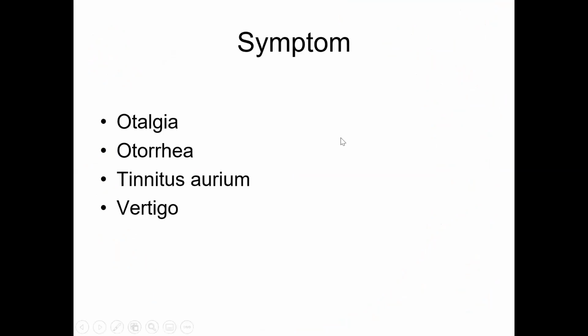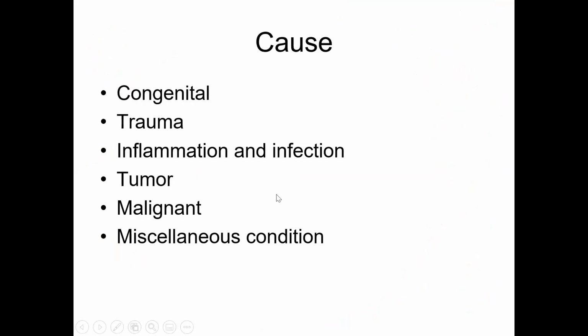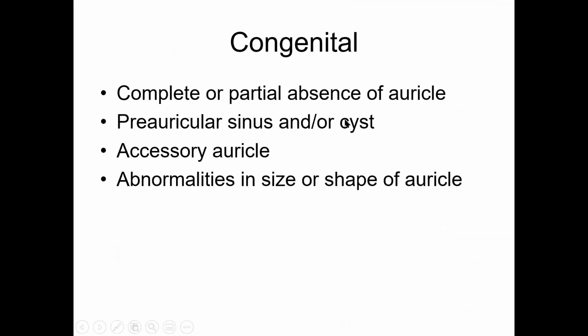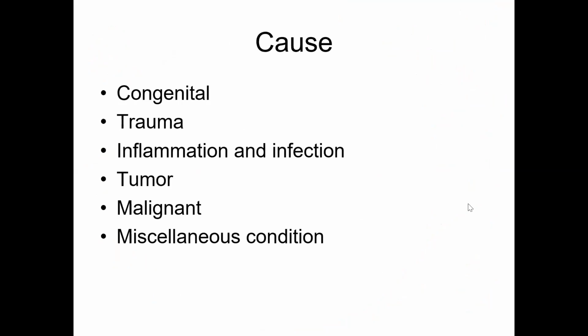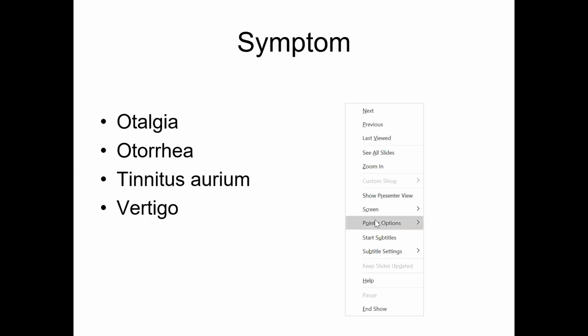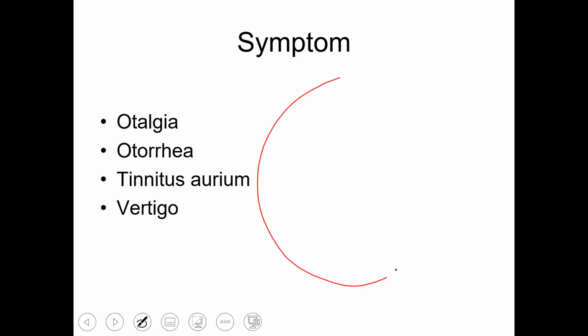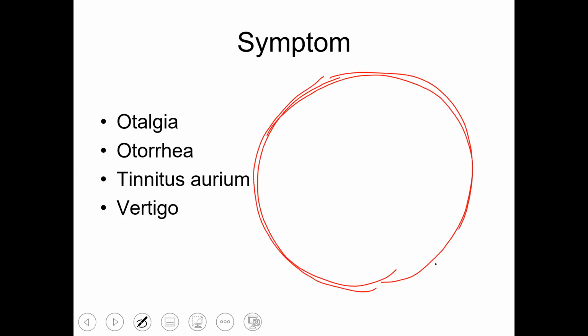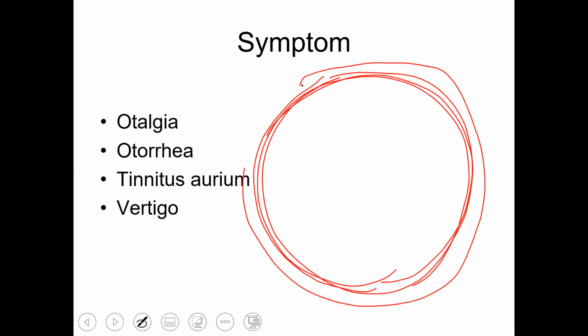Let me draw a tympanic membrane here. So this is a tympanic membrane. This is the thickened outer surface of the tympanic membrane, which is grooved into the bone itself. This is called the annulus tympanicus, and it is grooved into the bone itself. Bone in the sense is the temporal bone.